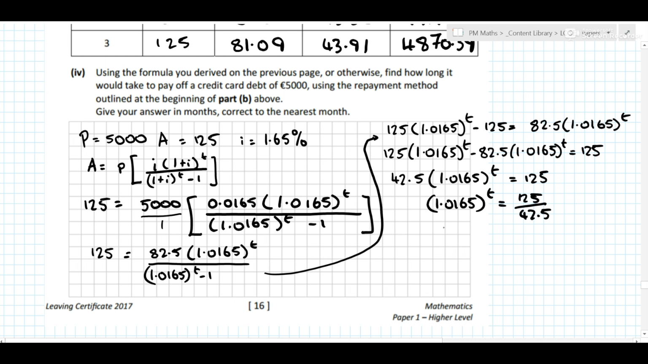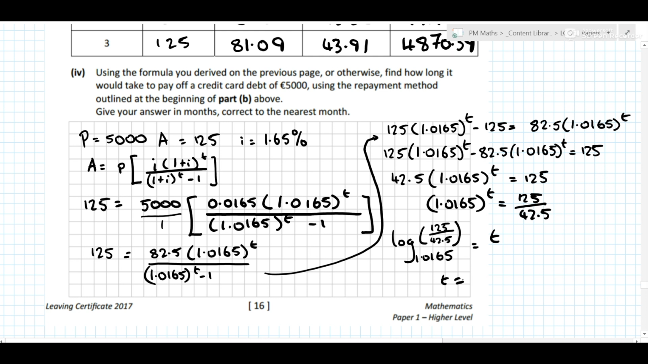Now, this is like what we've had in this entire paper before. Again, you can use page 21 of your log tables. Okay, so it's log to the base 1.0165. Page 21, top right hand corner of your log tables. And up here we'll have 125, 42.5 is equal to t. And t is equal to, type that into your calculator,